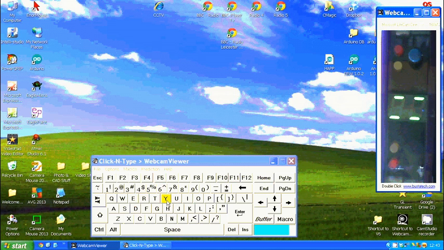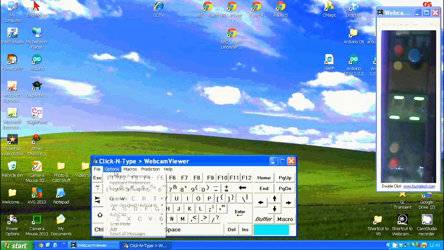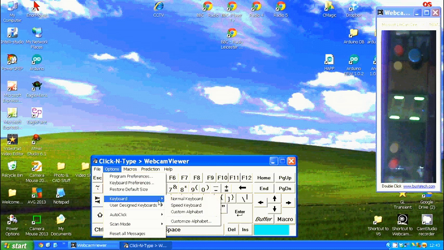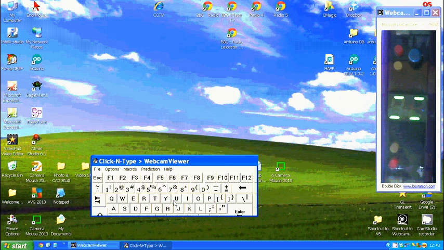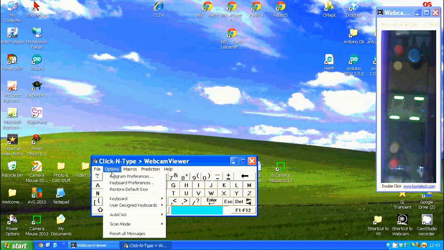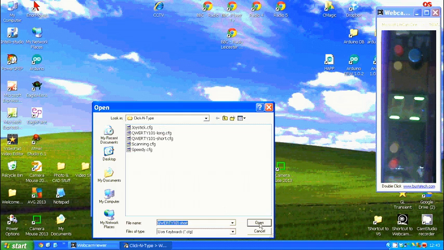And one final thing, a curiosity, to get a standard keyboard, a QWERTY keyboard, you have to go to user design keyboards. The keyboards you'll get, what they call normal keyboard, is a kind of curious ABCD thing. If you're used to keyboards, that for me isn't a normal keyboard. Normal keyboards are found under user design keyboards. Select a user design keyboard and choose one of the QWERTY ones. We've got long and short, so I'm going to go for short,